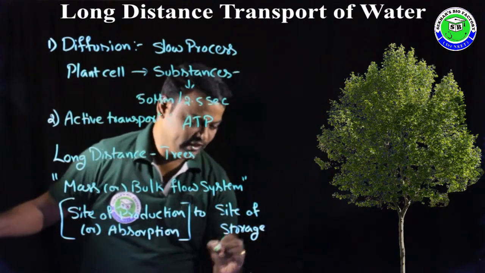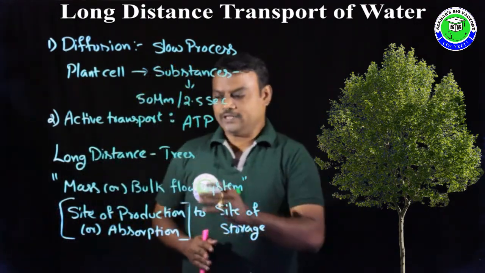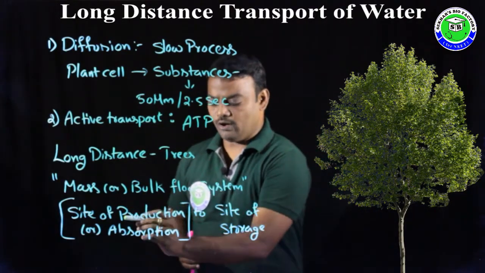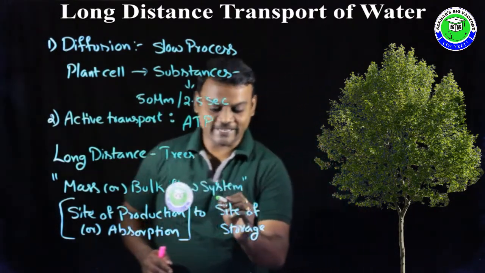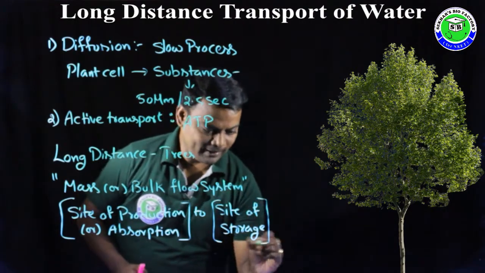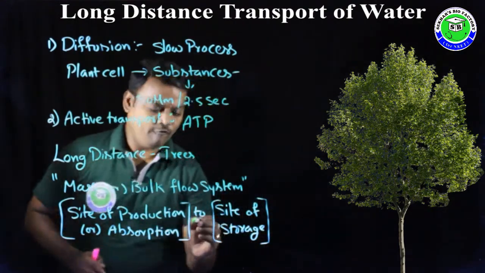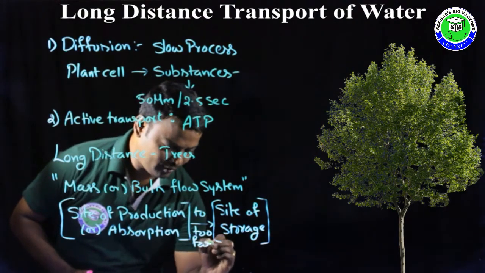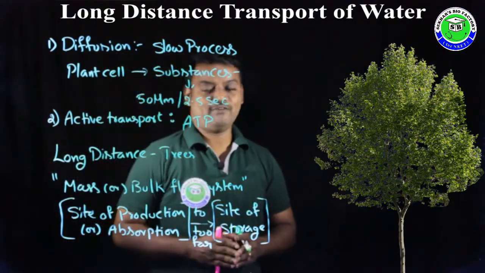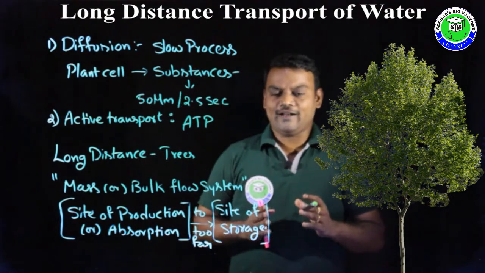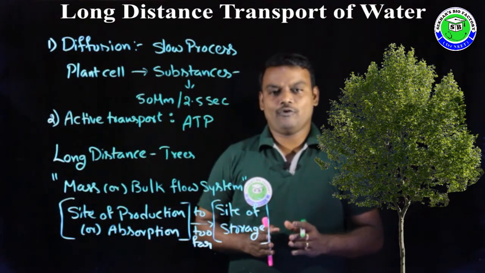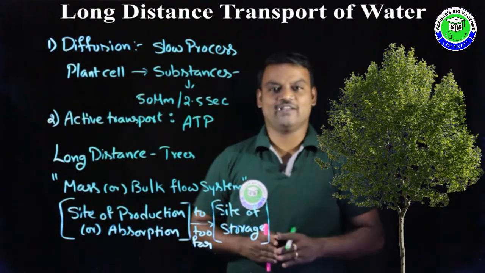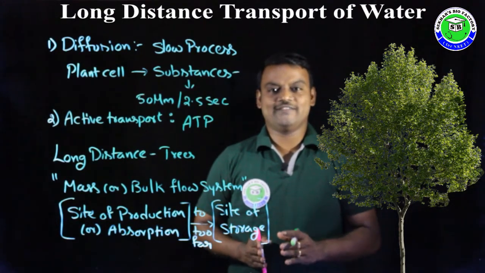So in this way, within long distance, the movement of substances can take place from the site of production or absorption to the site of storage. But these two points are very far from each other, having a very long distance. At this time, the movement of molecules or substances can take place over long distance due to difference in